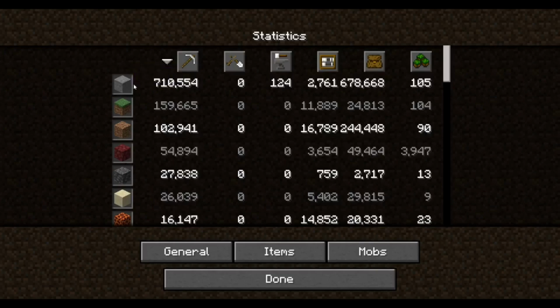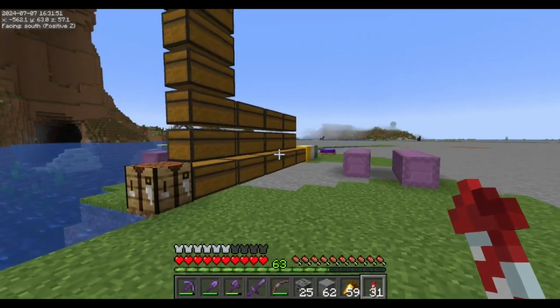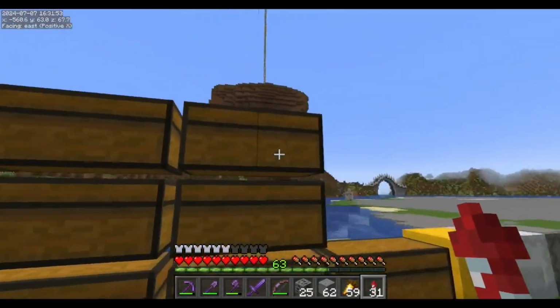710,000 stone that we've mined. And a pretty modest amount of grass and dirt blocks. And even, if you look at this, we've got 15,000 coal ore. Isn't that... Oh, wow, that's actually really close to the... Give me just a second. Would you believe it? We've got exactly as much coal ore as we've got gravel. 15,120. And let me just show you where some of that is because, yeah, it's not just all of those